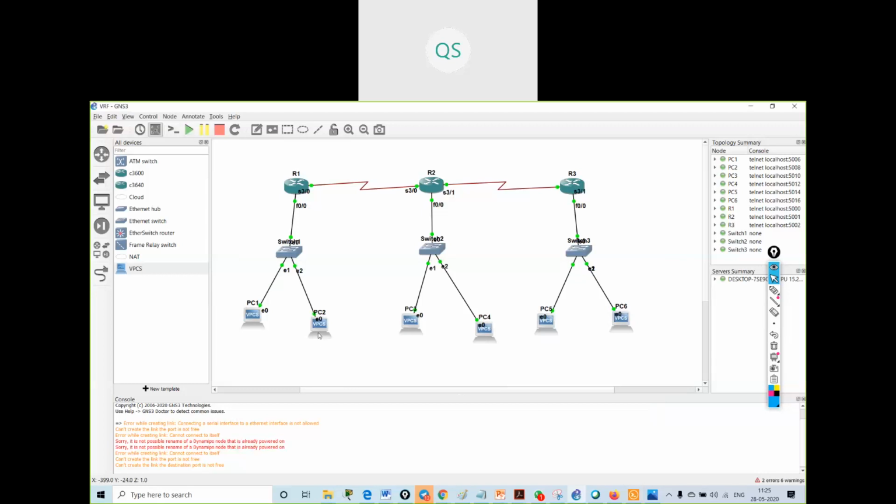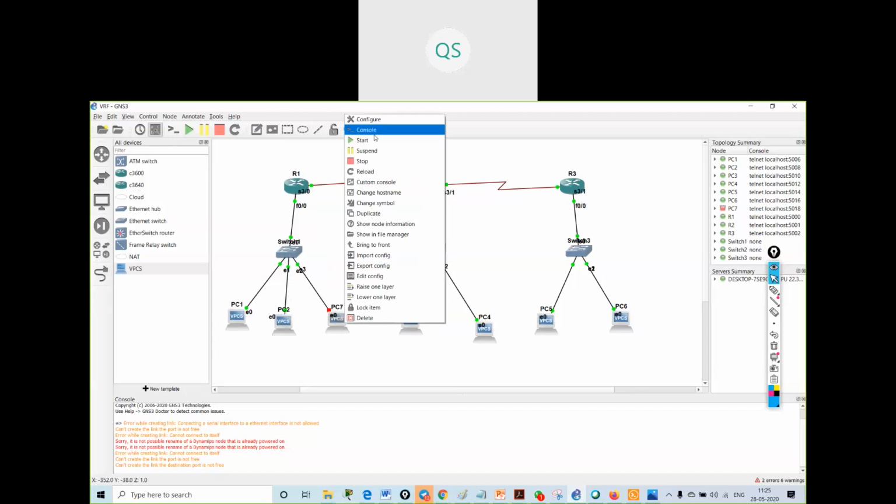To verify, I will take one more PC over here, 1.3, so that I can verify the things. Okay, now I will turn this on and take the console of this.